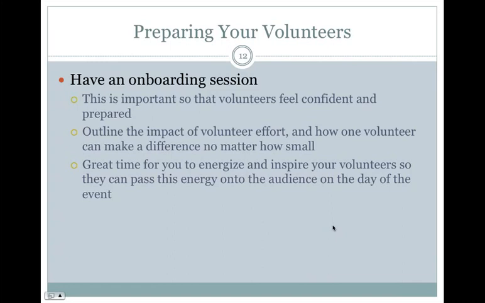So how do you go about preparing your volunteers? Once you're done recruiting them, how do you train them well enough so that you have a successful event in front of you? One of the first things you can do is have a great onboarding session. This is important so that the volunteers feel comfortable and prepared and confident in carrying out the roles that you've assigned to them.